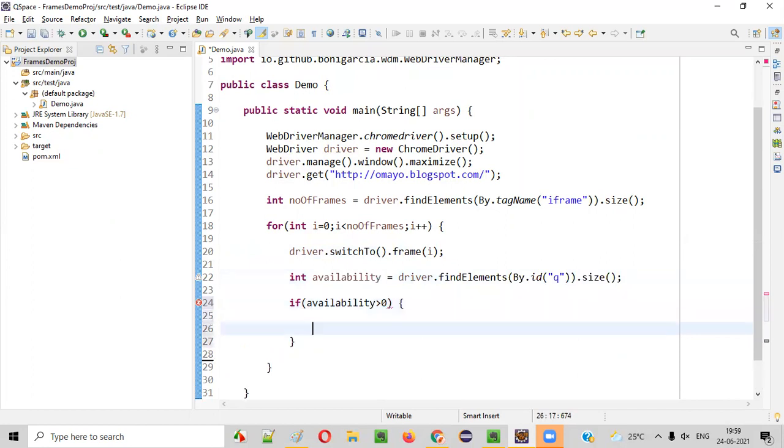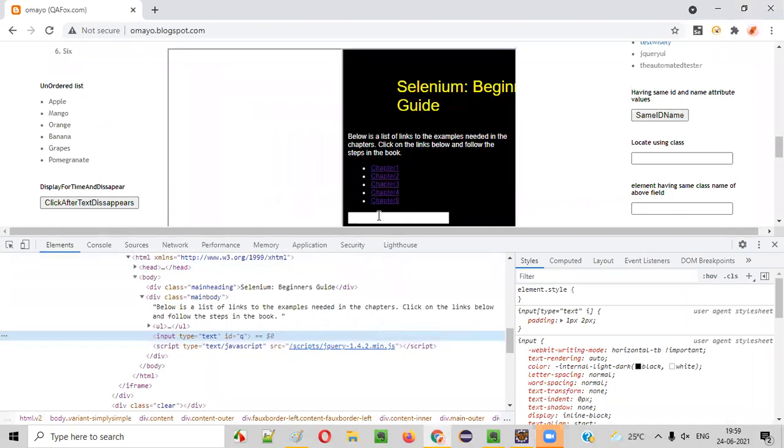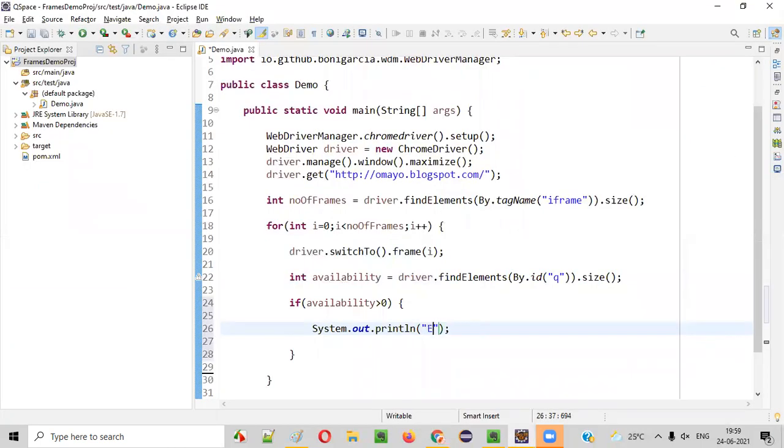Then I'll simply say system.out.println, the element that we are looking for is inside the frame, plus the frame index i, which will print the index value of the frame.